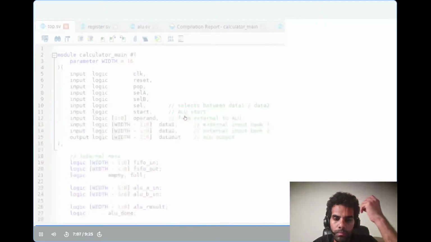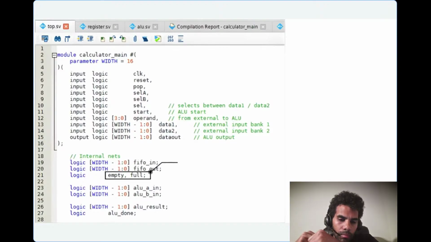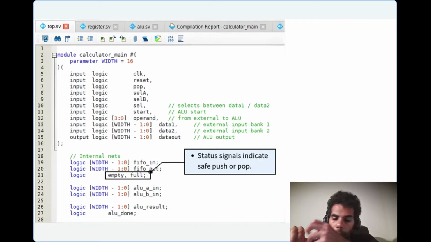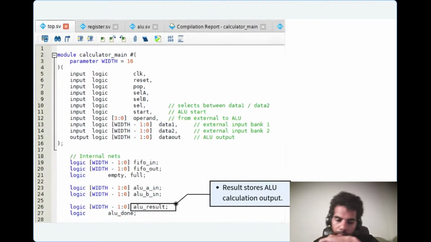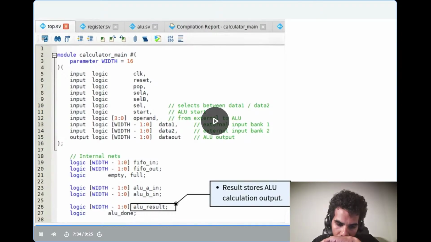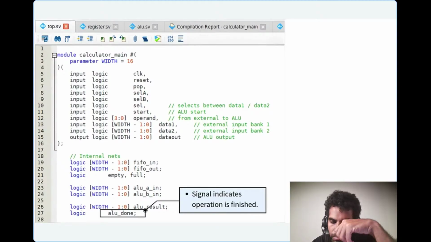Finally, let's see how these signals connect at the top level model. For the top model internal signals, we have FIFO out. This is the value coming out of our FIFO and heading into the ALU. We have the FIFO full and the FIFO empty, which are the status signals from the FIFO, so the top model knows when it can push or pop safely. Then we have the ALU result, which is the result produced by the ALU after a calculation. And finally, our ALU done signal, a signal from the ALU that tells us the operation